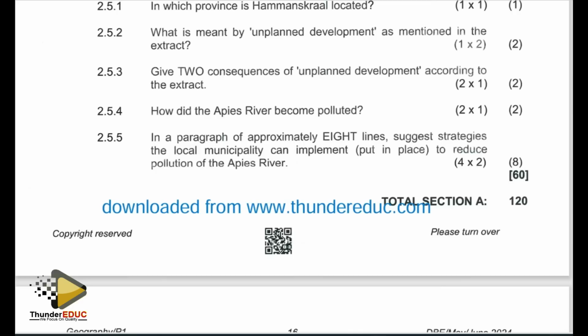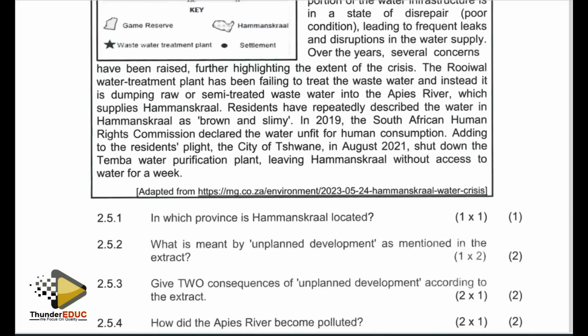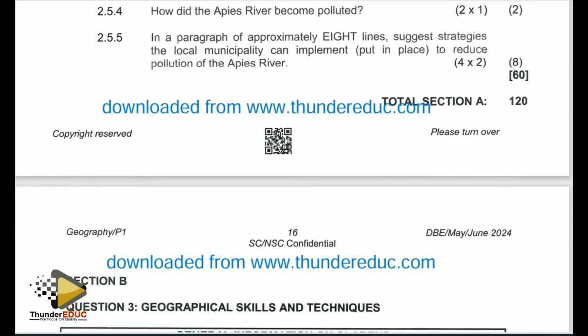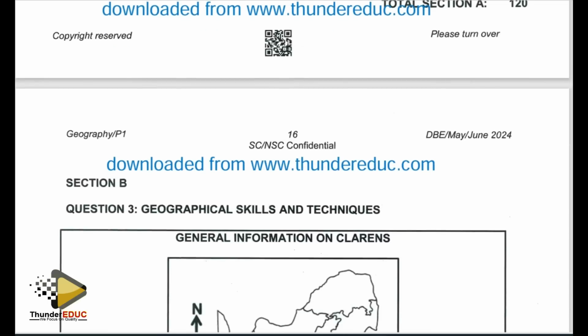Right, we can talk of wastewater treatment improvement. Since we have noted that there is wastewater which is being dumped into the river, what can be done with the wastewater? How can we improve the wastewater treatment system? So we can upgrade existing systems, upgrade the existing water treatment system, or we can do regular maintenance of the water treatment system so that we do not have disposal of untreated wastewater into the river or semi-treated wastewater into the river. That is number one.